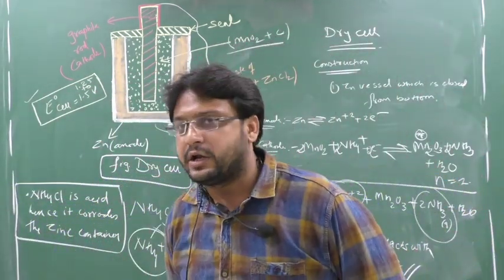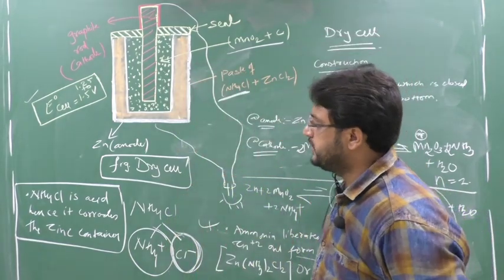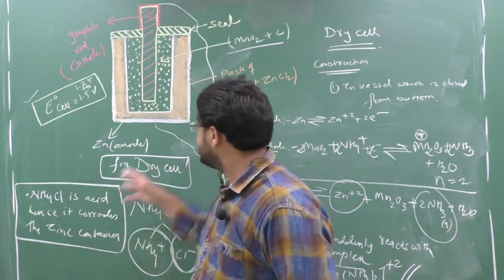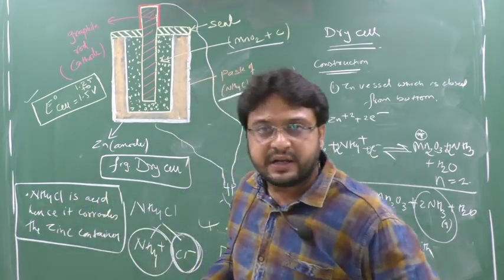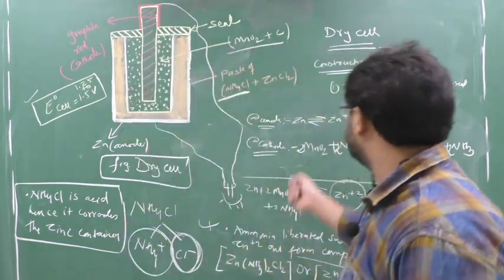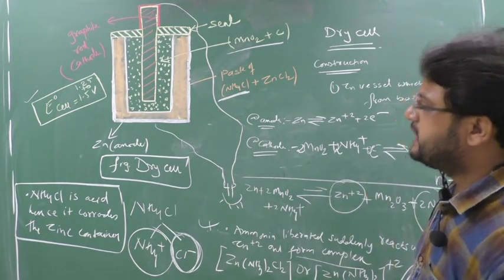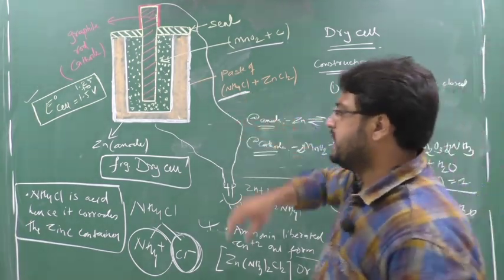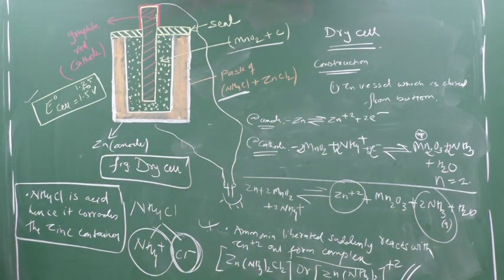So if you are not using a dry cell for long, suppose you bring the dry cell from the market and have not used it for a long time, what will happen? You know, this NH4Cl inside, what it is filled with, is acidic. This NH4Cl is acidic, it will start to react with the zinc container and certain holes will be developed on the zinc container because Zn is forming Zn plus 2. So on long usage or on keeping it as it is for a long time, this NH4Cl, which is an acidic salt, will start to corrode the zinc container and certain holes will be produced. Clear this part?